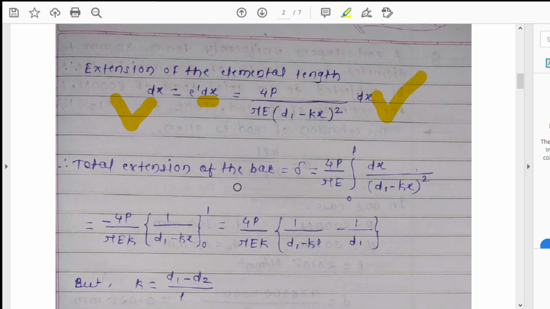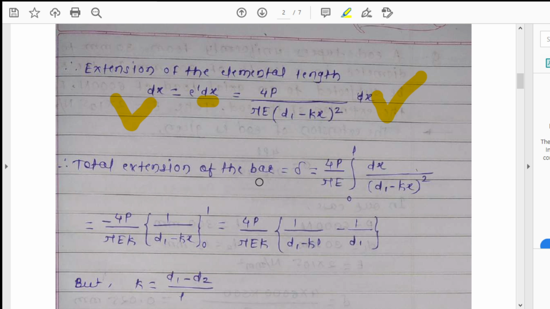Okay, now derivation and integration are opposite operations. That means स्मॉल क्वांटिटी के लिए फाइंड आउट करना है तो वी कैन डिराइव दैट क्वांटिटी, and if suppose that we have to find out some quantity from one end to another end, we have to integrate that value. Okay, that means we have to take the limit from one end to another end. So here the total extension of the bar can be calculated by using the integration of this extension, that is, the extension of the elemental length.